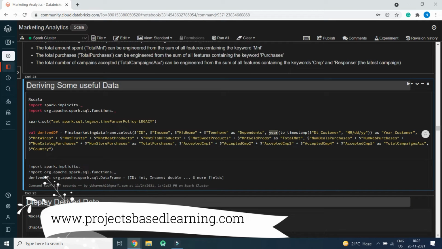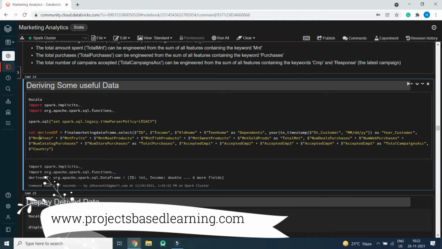Here the product names are there: MNT wines, MNT fruits, meat products, fish products, sweet products, gold products equals total MNT.